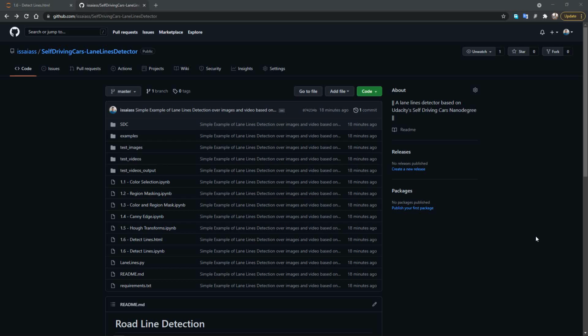Now I uploaded my repository with some, let's say, improvements. It's the basic simple line detector in OpenCV. This example that I made here is based on the Udacity self-driving car nanodegree. And let's talk about the composition